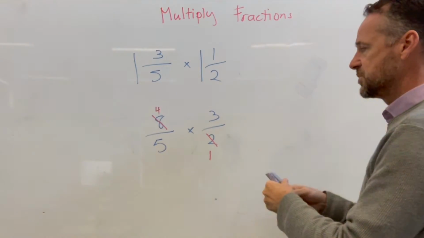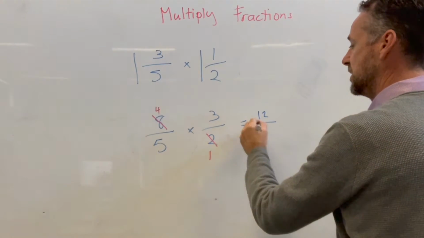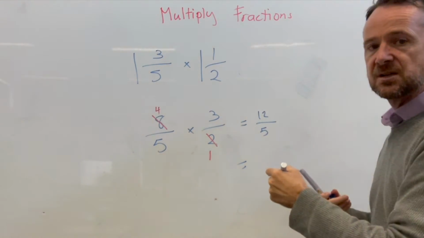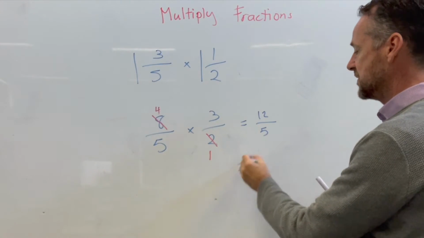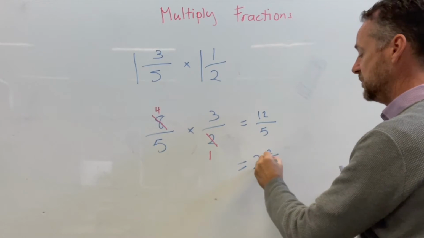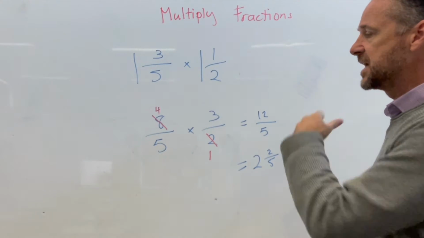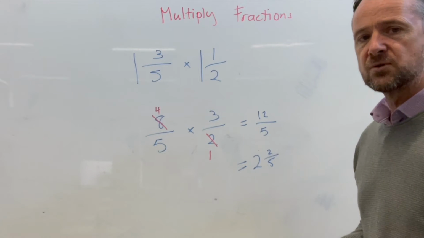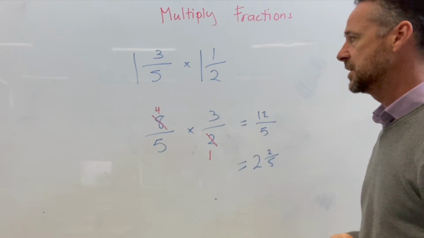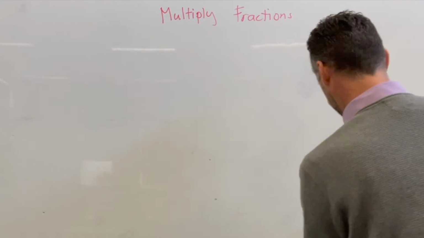Now we can solve this problem, and we get 4 times 3 is 12 over 5 times 1 is 5. We still get the improper fraction, but now it's a bit quicker to solve. 5 goes into 12 twice with 2 left over, and we get that simplest version a bit sooner. So cancelling is something you should always be looking for because it makes the questions that bit easier to deal with. Okay, let's have a look at a similar question